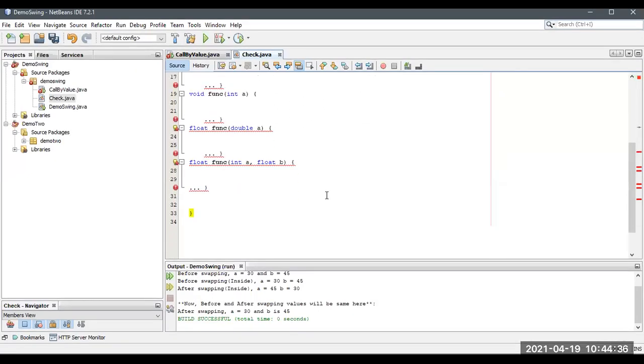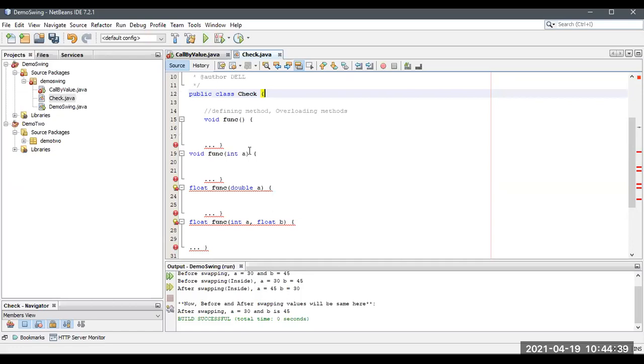If you have two or more methods in your class with the same name, this is a method with this name having one parameter, and there is another method with the same name having some other primitive data type, and this is the method having two arguments.